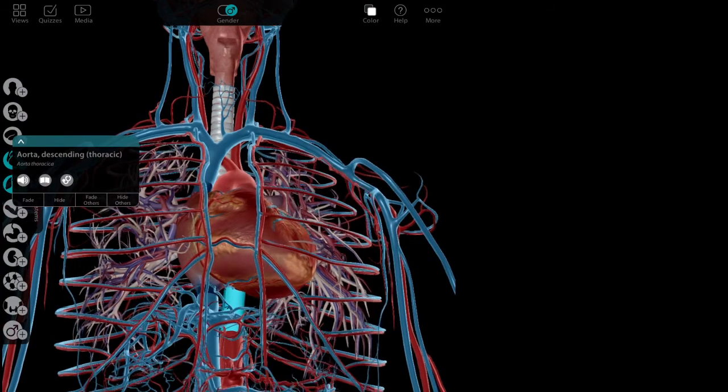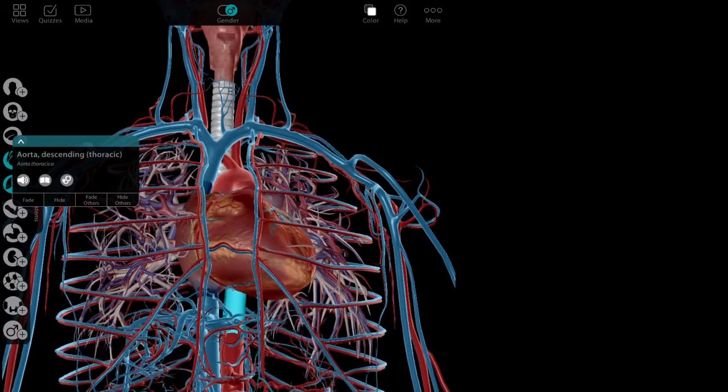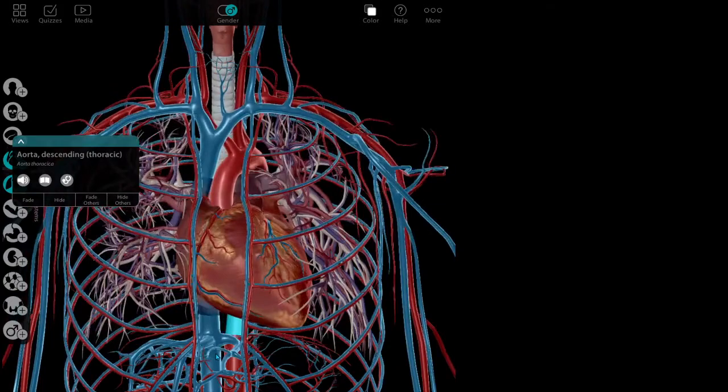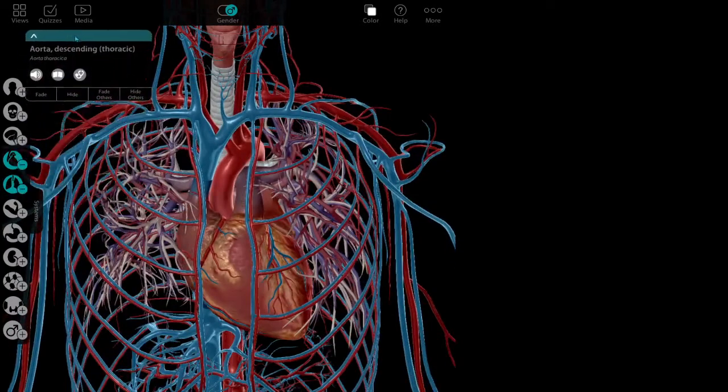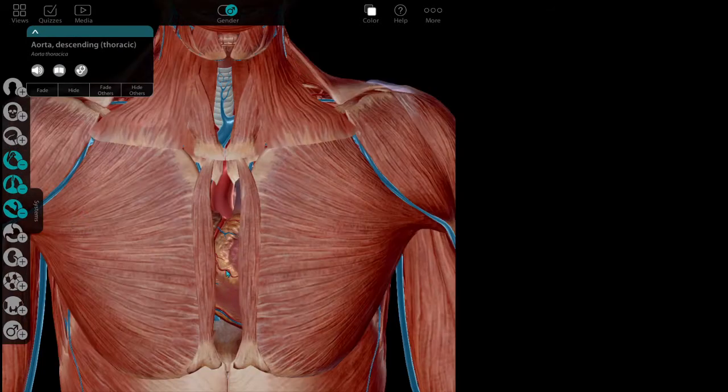base. This will become your descending aorta or thoracic aorta. So, muscles. So,